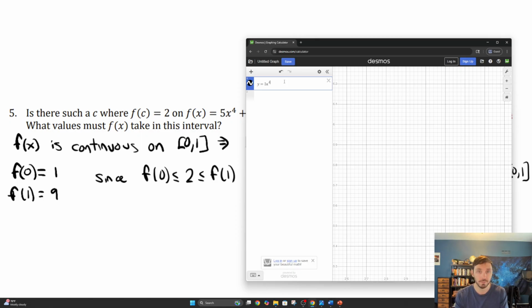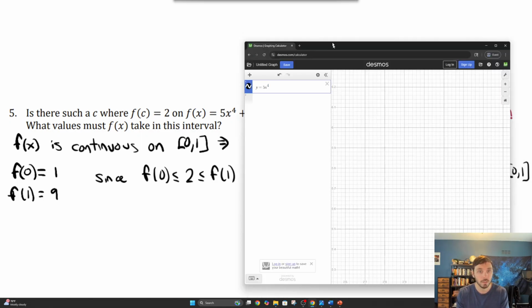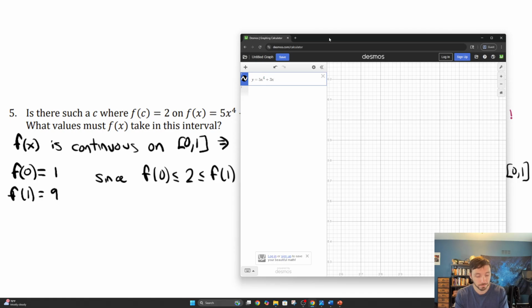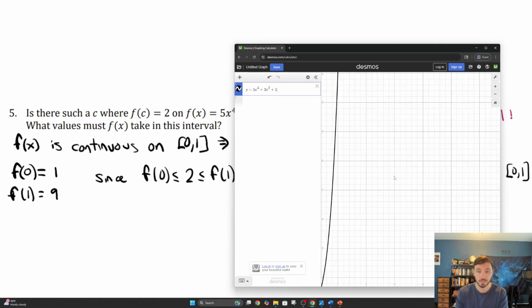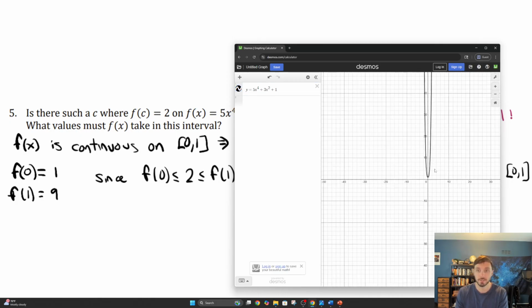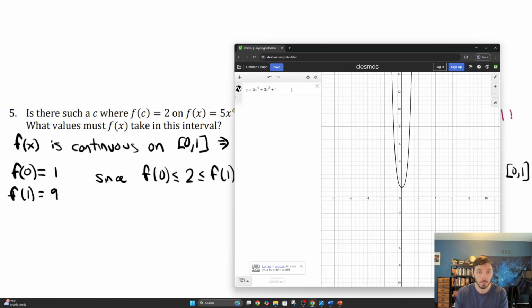So I'm going to go ahead and graph this. What is the curve? Plus 3x squared, and then plus 1. Okay, so if I graph this, and I really only care about this from 0... Well, first off, I want to show you that polynomials are continuous for all real numbers. There's no issues with this at all, right? But I only really care about this from 0 to